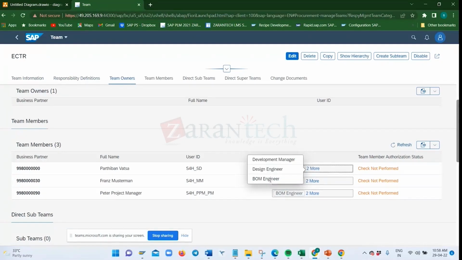There are two more. These three, Parthiban, Franz, Peter, are already having the role here, which is mapped to this business partner. So this is a very important feature. When you are working in change record functionality, you have to make sure that you do this setup. Without this, you will not receive notification in your My Inbox. So catch hold of your HR consultant and say, boss, I want this particular business partner role with this person to be assigned for this role, and please